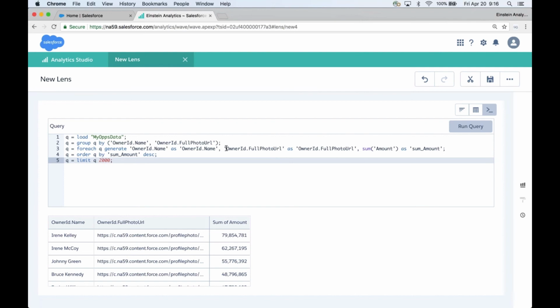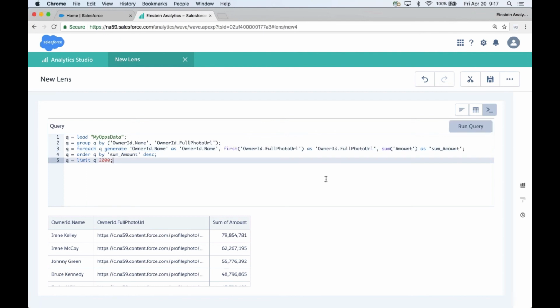However, if you're familiar with doing this multiple grouping on owner ID name and full photo URL, there is an opportunity that there could be multiples of this grouping. But the query engine does not make any assumptions or any determination to know that there is always a one-to-one mapping. So for this example, we can use the first function,